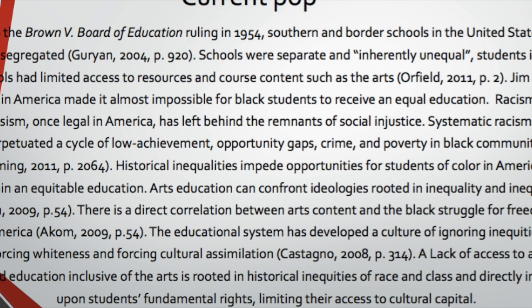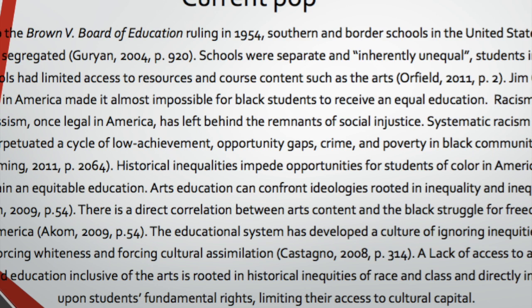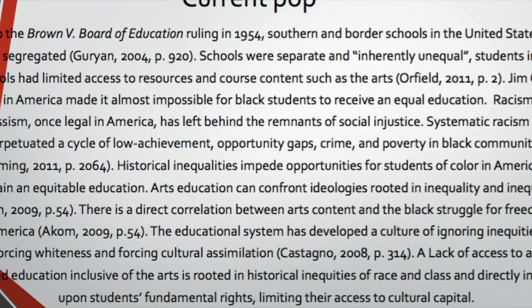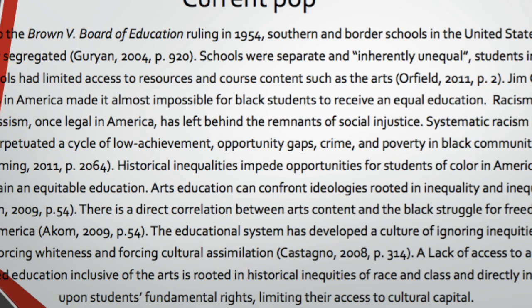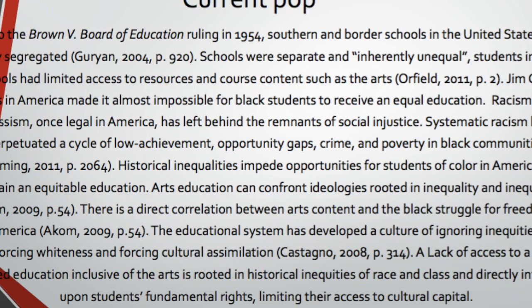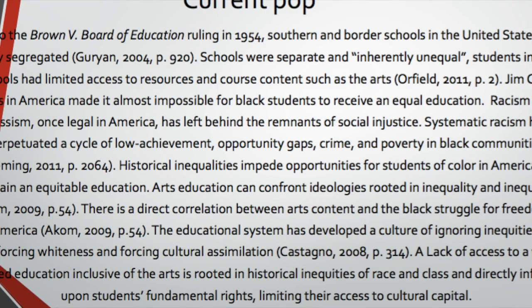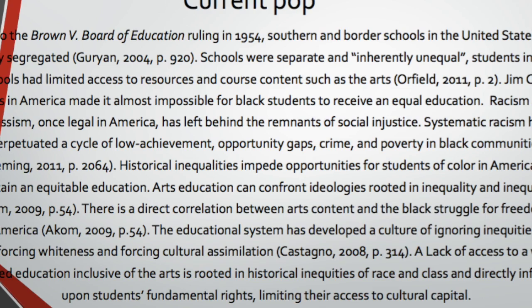So moving forward to the current problem of practice, I was able to draw some connections to what the actual issues are and what is causing them. Moreover, the fact that inequity exists in education, I think that's common knowledge across the board. But really, how history has impacted education and offerings in urban schools. So even after the Brown versus Board of Education ruling in 1954, schools were still inherently unequal. And so it wasn't until court ordered desegregation came into play in the early 1970s,